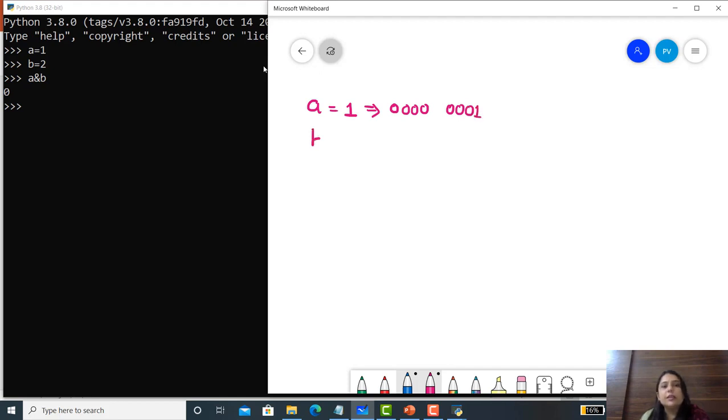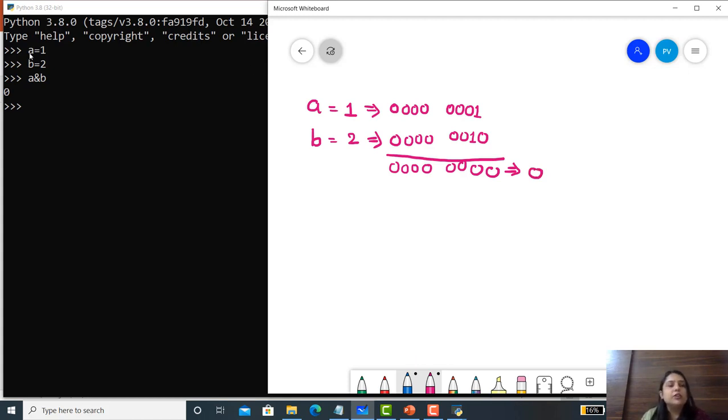B equals 2, which in binary is 0 0 0 0 0 0 1 0. Now perform the AND operation, bit by bit, which gives 0 0 0 0 0 0 0 0. Converting this into decimal, the answer is 0.